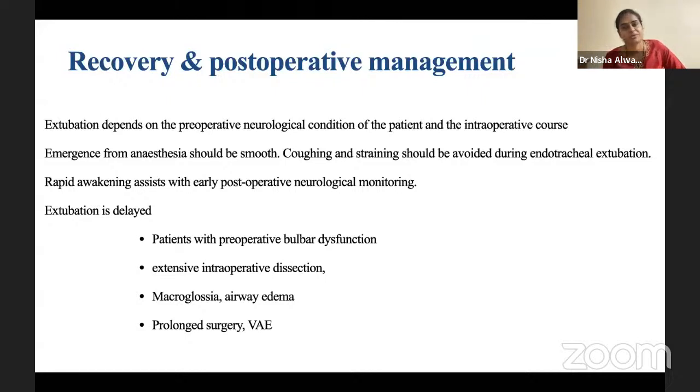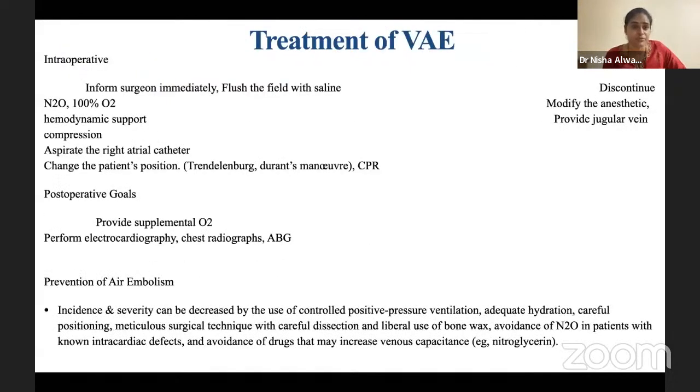In case the patient doesn't improve, the other thing which we can do is the hemodynamic support which is given. If that doesn't improve, then compression also has fewer chances. And if there's an ongoing entrainment of the air, we can immediately go for a jugular vein compression. But that is not very useful because sometimes in jugular vein compression, patients have an increase in cerebral edema because there will be inadvertent compression on the carotid artery as well. So aspiration, yes.